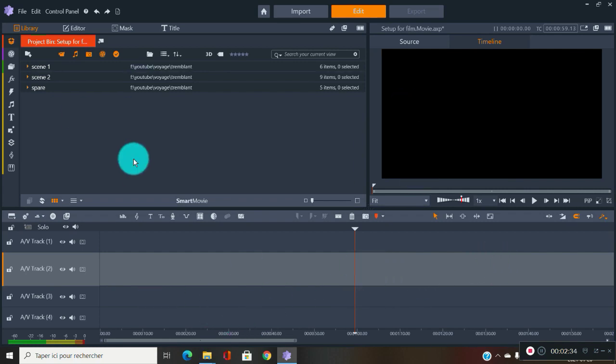After that, close it, create a new folder and go ahead with your scene 2 and scene 3. Just edit scene by scene. This is one way to do it professionally. Or if you want, of course, you can go with